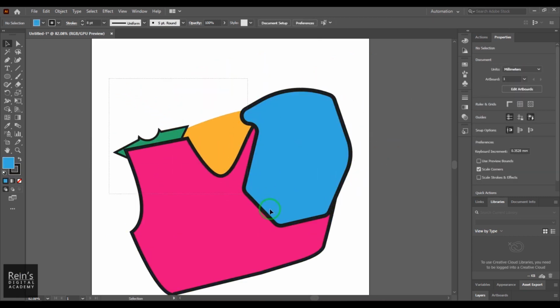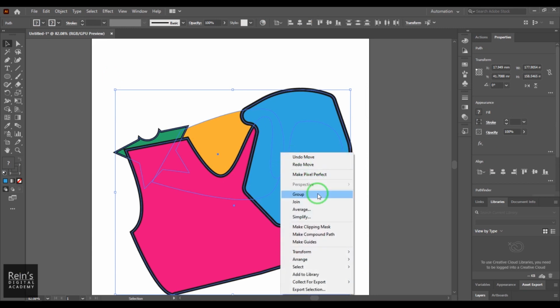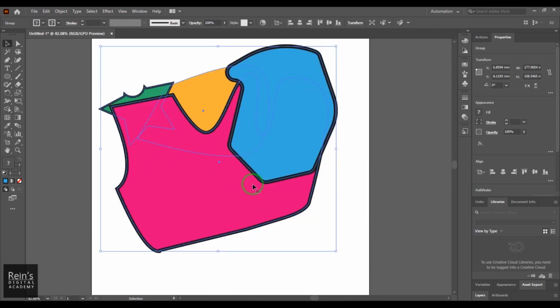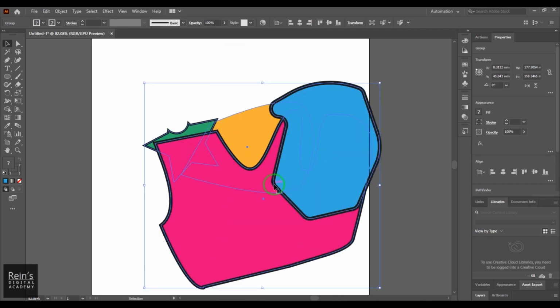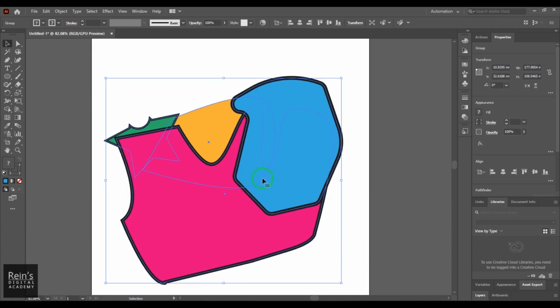When I select all of them, right click and then just say group. So what generally happens is whenever you select, it moves as one single piece, which is very useful when you are making an illustration, a complex cartoon character or illustration of something. So you might have used a lot of